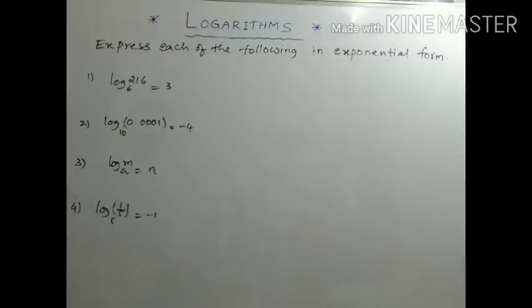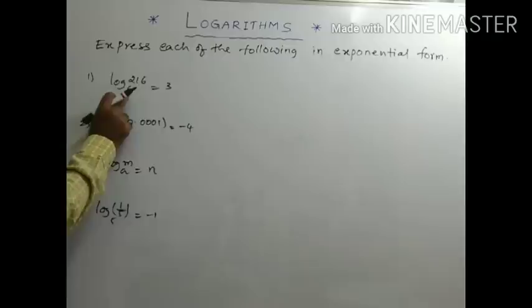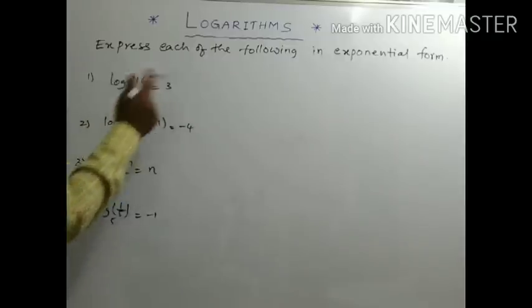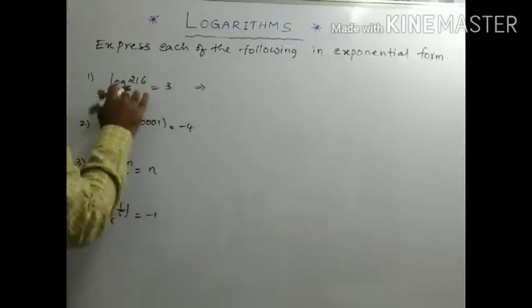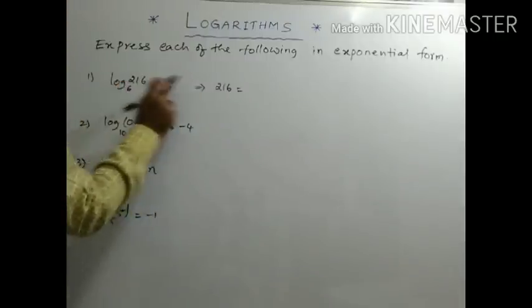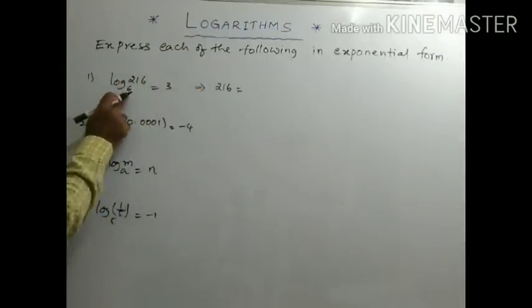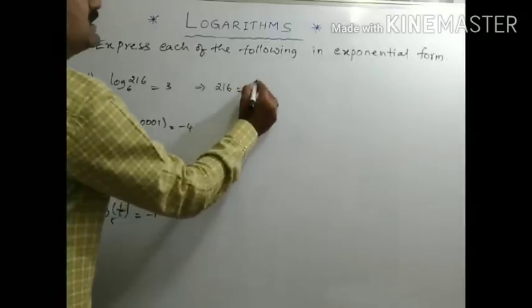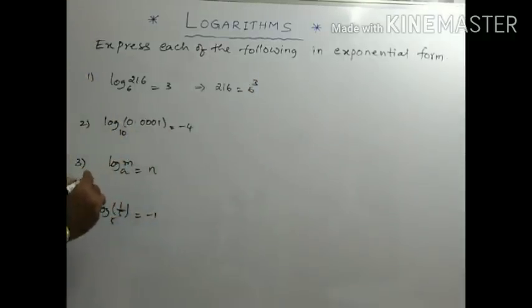The same technique applies wherever it may be, from logarithmic to exponential or exponential to logarithmic: we just change the base. The normal base changes into the logarithmic base, and similarly the logarithmic base changes into the normal base. So coming to here, see, this is the logarithm of base 6. On sending it to that side, it becomes the general base. The number 216 remains as it is. 216 is equal to 6 cube, the ordinary base.